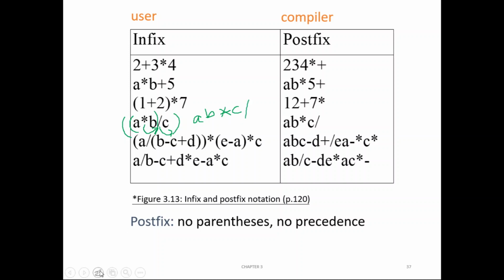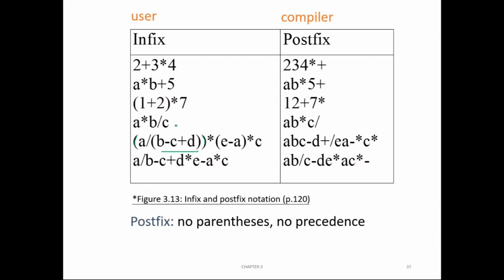Okay, fine. Let us stop with one more expression. Here in the next expression, you see again there are brackets. Already the user has given some brackets. Let us go to the innermost one. This is a first level bracket. This is also a first level bracket. There is another inner level bracket. What does it contain? B minus C plus D. There are two operators here, minus and plus, and this should execute first.